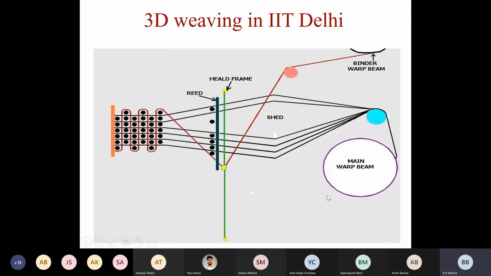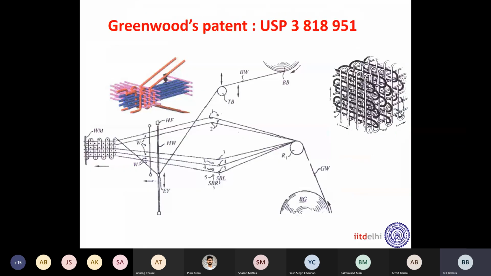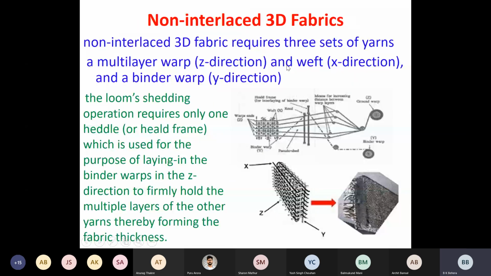And remember, the name of this technique is producing 3D fabric by 2D weaving system. So it's called 3D weaving on a 2D weaving machine. Okay, and all the diagrams I have shown you are from a patented diagram from some US patent. Here the number is given, and this is the technique I explained to you, that is written here.